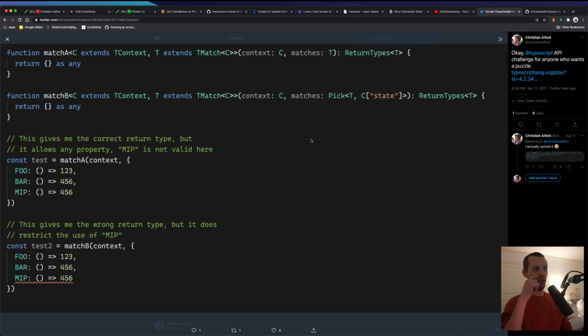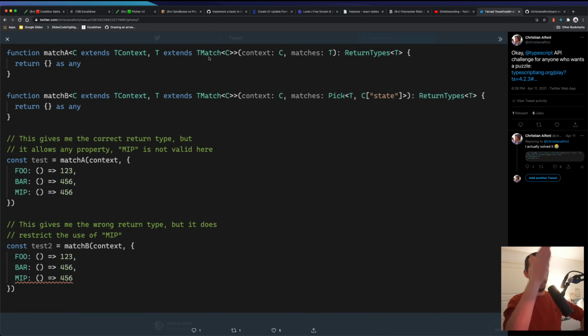Okay, so I had this issue with a matcher, in terms of typing, of course. I created two different versions, where one version is extending the match. TMatch is just these states where it wants a function.